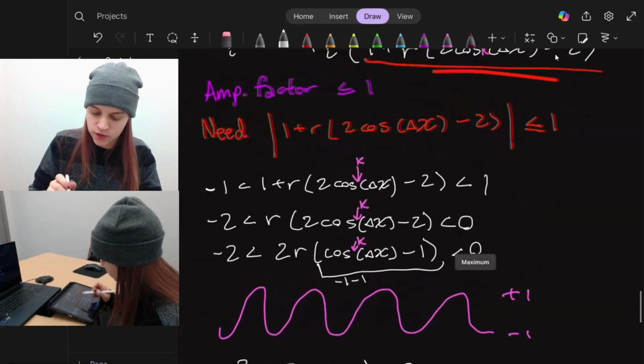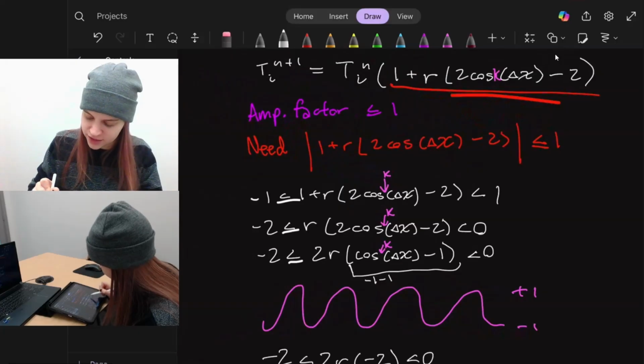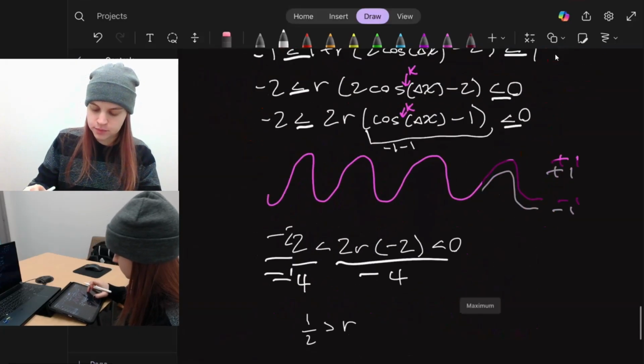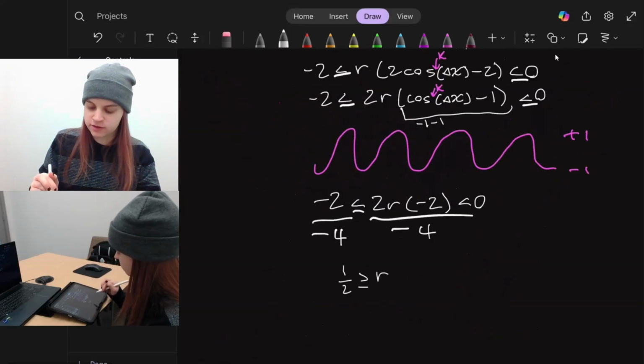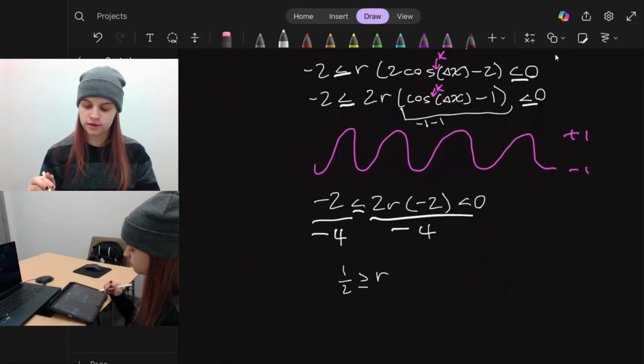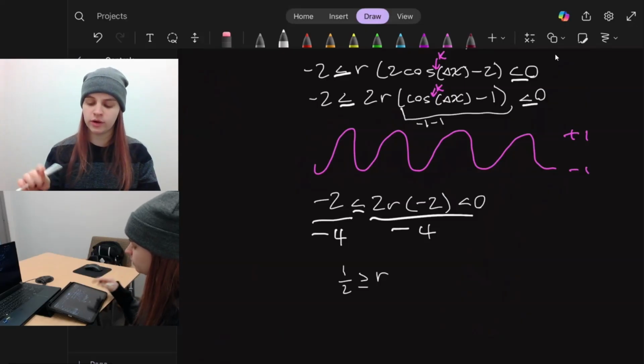And once again, one more thing that I forgot was these should all be less than or equal to, not less than. When we divide by that -4, we have to flip our sign. So what we are saying is r must be less than or equal to 1/2, or 0.5,